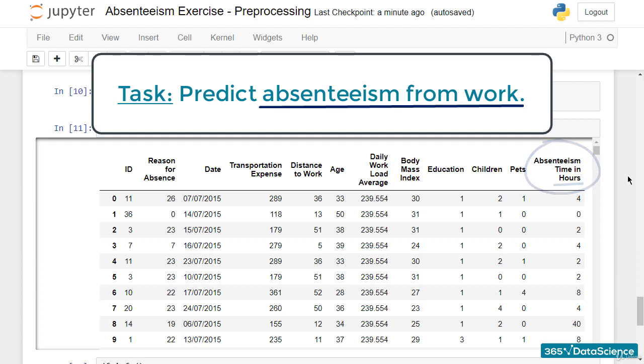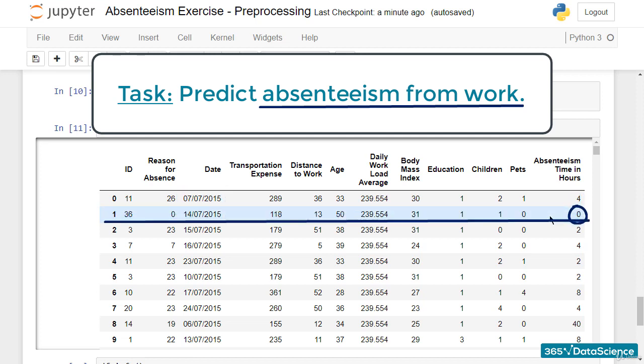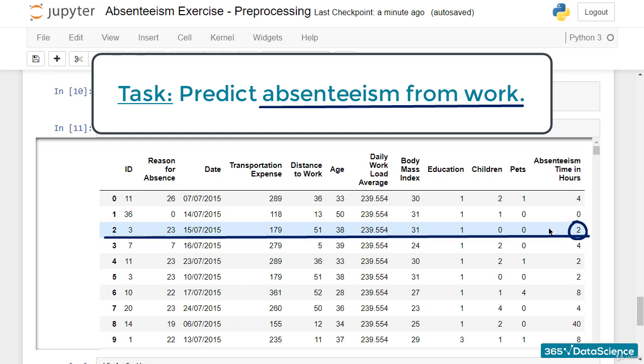Therefore, the first instance, numbered 0, tells us that employee with ID number 11 has been absent for 4 hours on the 7th of July, 2015. Next, instance 1, ID 36, has not been away on the 14th of July, 2015, since we see 0 hours of absence. ID 3, on the other hand, has been away for 2 hours on the 15th of July, 2015,